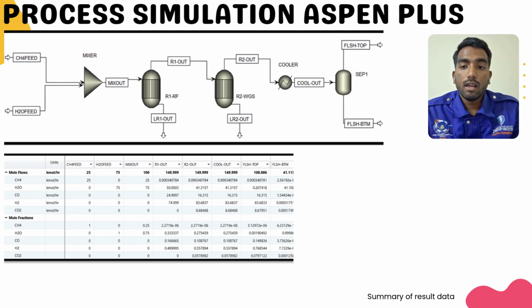Then, after entering the WGS reactor R2, CO decreases from 25 to 60 kmol per hour, while CO2 increases to about 8.6 kmol per hour, and hydrogen rises to approximately 83.7 kmol per hour. These results show that the water gas shift effectively converts CO to CO2 while generating additional H2. After cooling,